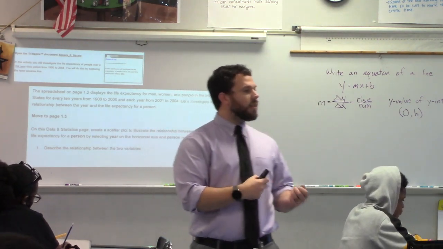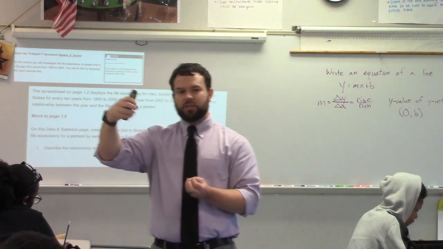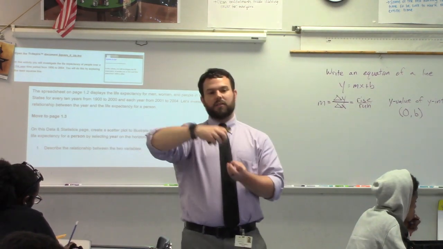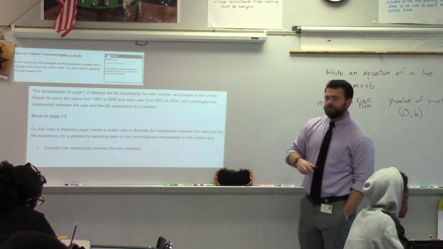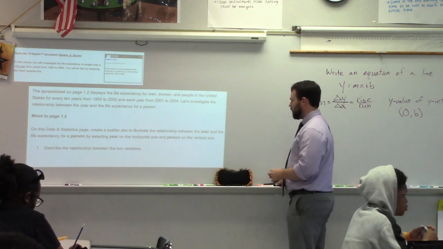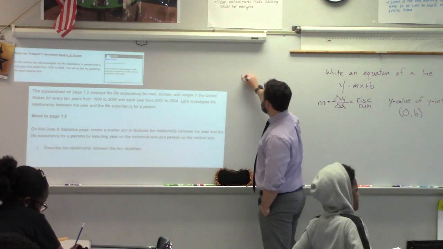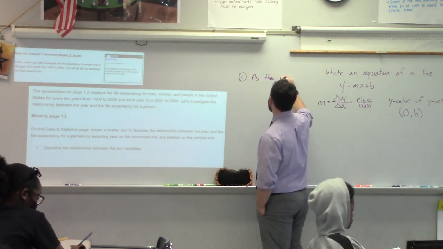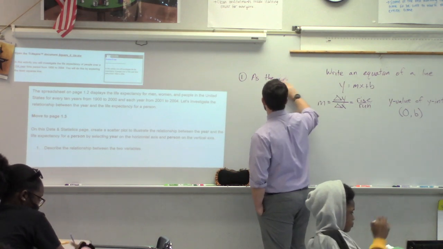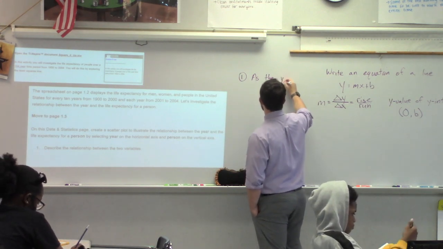Right? We would want to notice that relationship is increasing like a line with a positive slope. So there's two different statements I'd probably make here. As the years increase, well, actually I would say as the years increase,